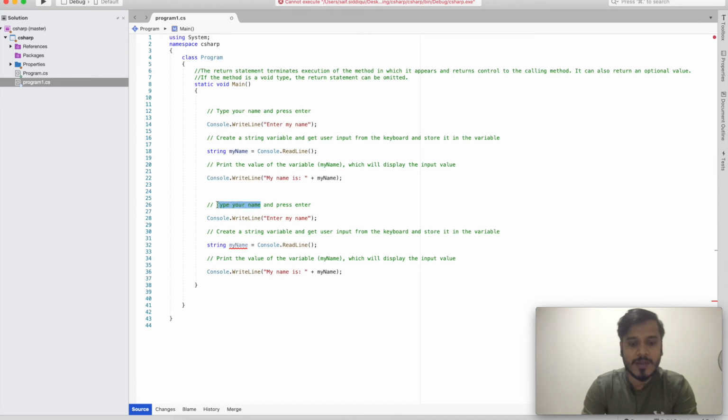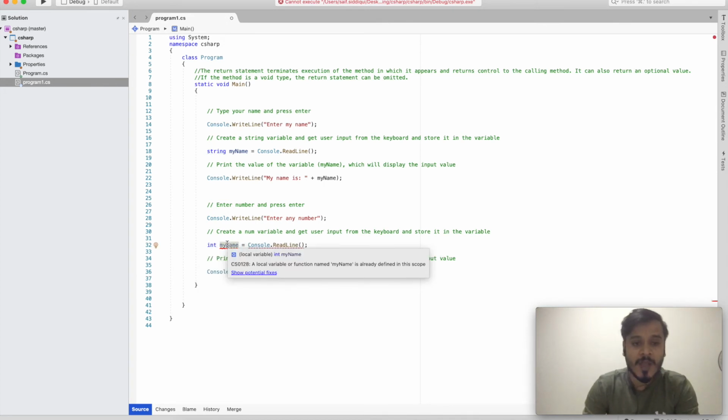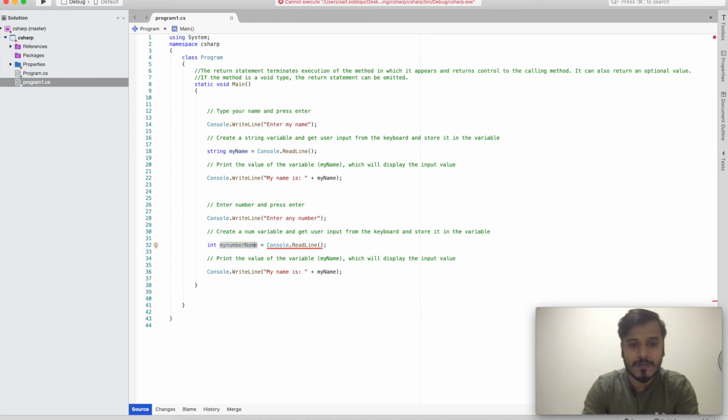I will write "Enter", and similarly "Enter any number", and here I will take it as an integer because I want to take the number, and I will write myNumber.